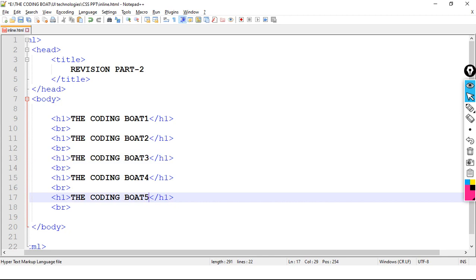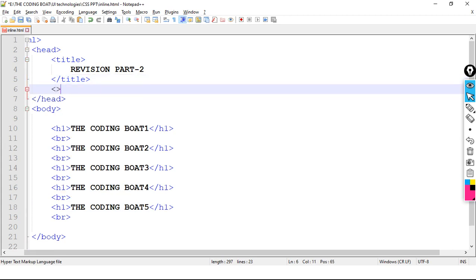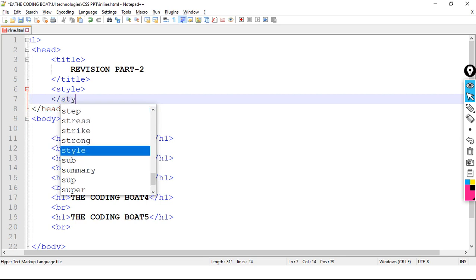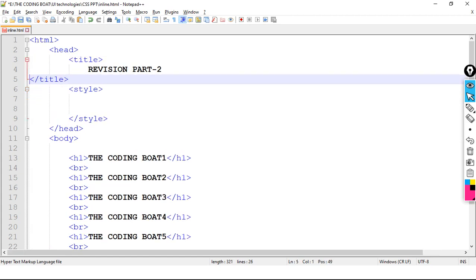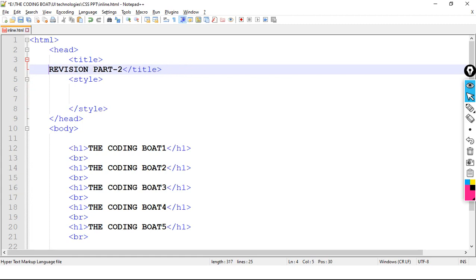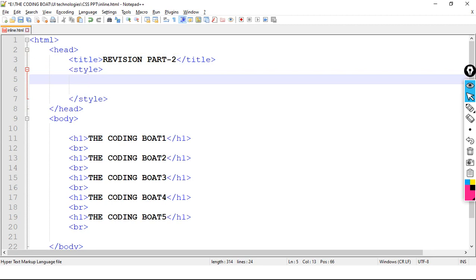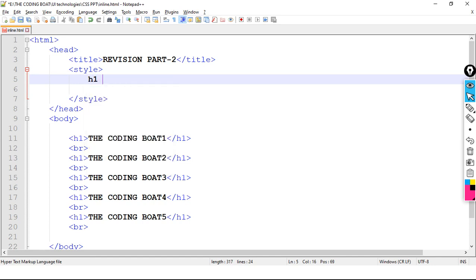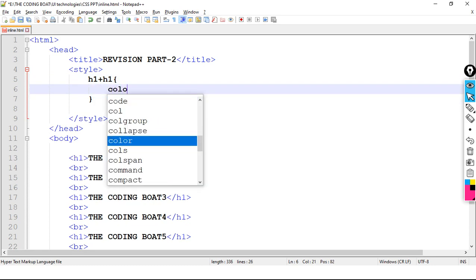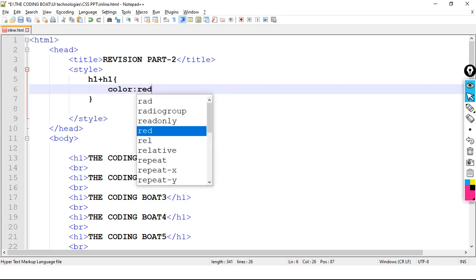Now in the head section, what we need to do, within the style tag, style opening, style closing, and within this style, we can select h1 plus h1. h1 plus h1, opening and closing curly braces, color colon red semicolon.